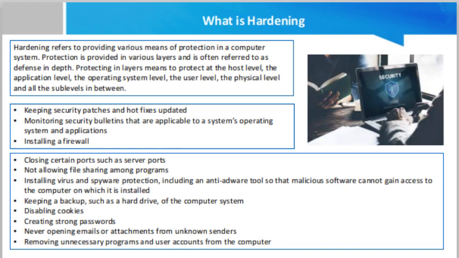Hardening activities for a computer system can include keeping security patches and hot fixes updated, monitoring security bulletins that are applicable to a system, operating system, and applications, installing a firewall, closing certain ports such as server ports, not allowing file sharing among programs, installing virus and spyware protection including an anti-adware tool so that malicious software cannot gain